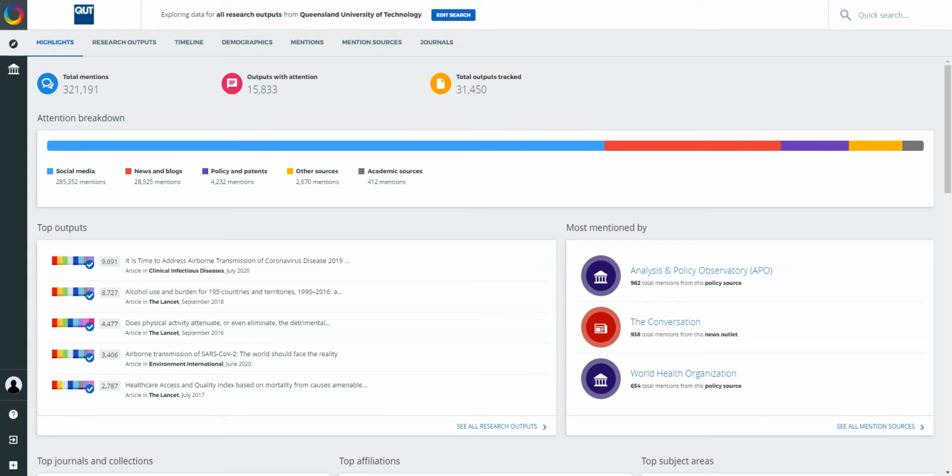In this video, you will learn how to use Altmetric Explorer to find evidence of attention to research outputs for individual researchers and schools and faculties at QUT. Altmetric Explorer is a digital science product that tracks attention to or mentions of publications in mainstream media, social media,